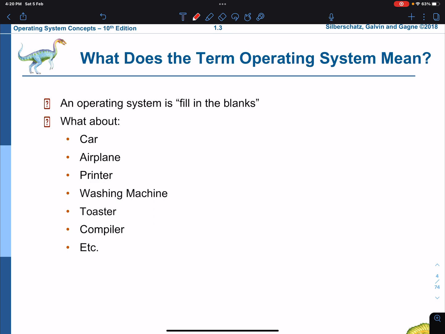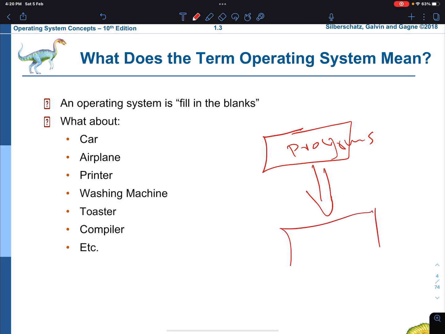So we have programs, and those programs control hardware. What does it mean? It means that the software you wrote to control something like a microcontroller, you can call it an operating system because it controls hardware.